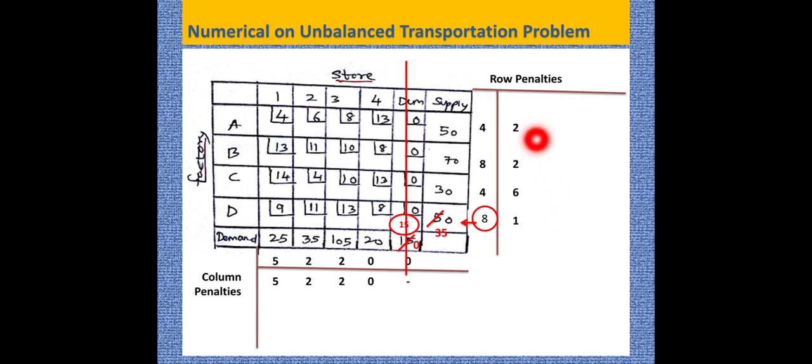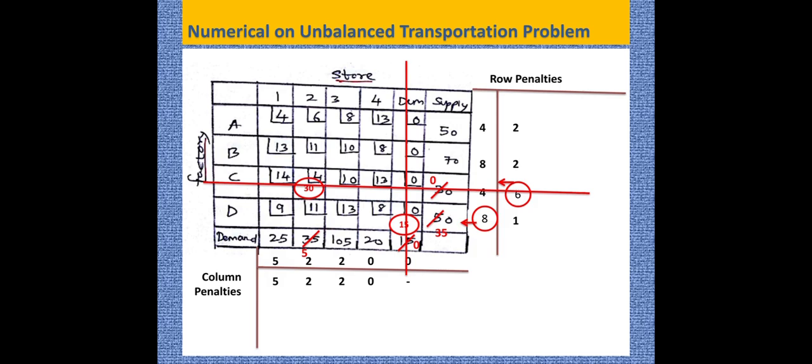So we have done with it. We have calculated the row penalties and column penalties. We identify 6 as the largest penalty. So here least cost is 4. Comparing 35 and 30, that is supply and demand, we conclude 30 is minimum, that will be allocated here. Later it has to be reduced from supply and demand. So 30 minus 30 is 0, 35 minus 30 is, remaining is 5. Since supply has become 0, this particular row gets eliminated.